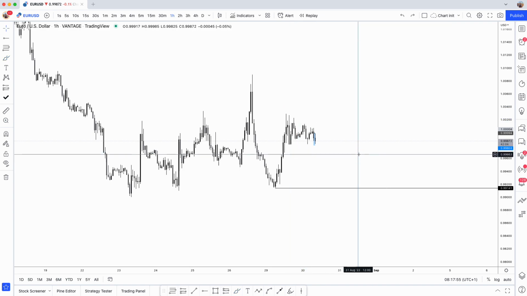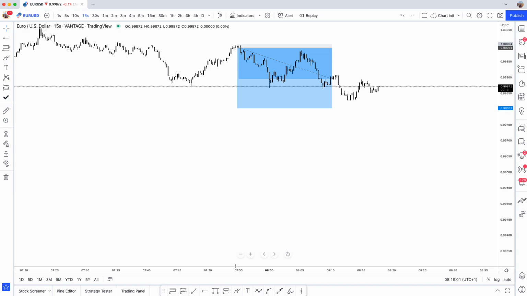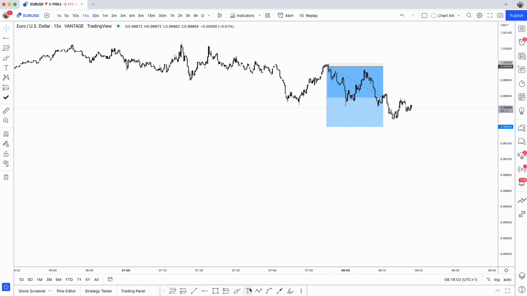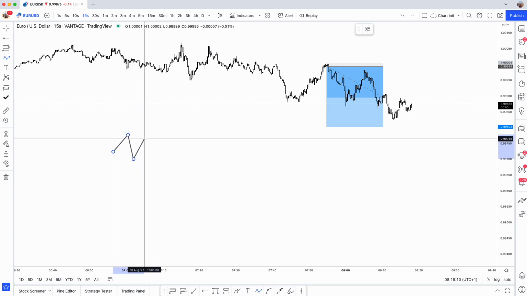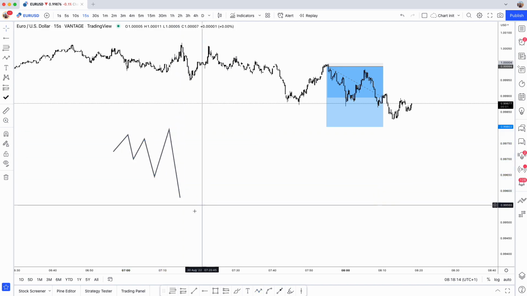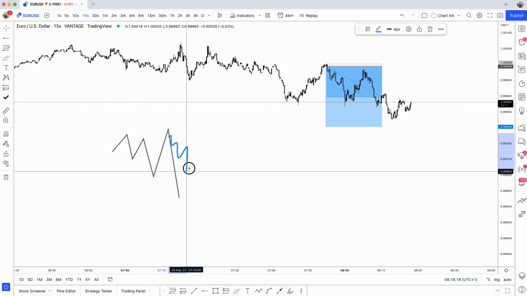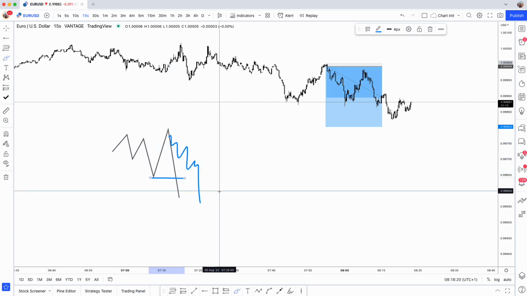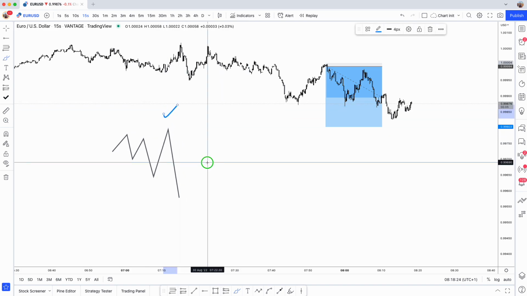So at the minute, what I'm looking for in terms of the disruption model, as explained in one of the previous videos, I'm enjoying the process of looking for that one thing only. Basically we need to have break of structure, we need to have disruption, and then we need to have that break. Now that break can happen at any point. It can happen from a different high, whatever, it doesn't make a difference, right? But it still needs to happen. This makes this a confirmed disruption.